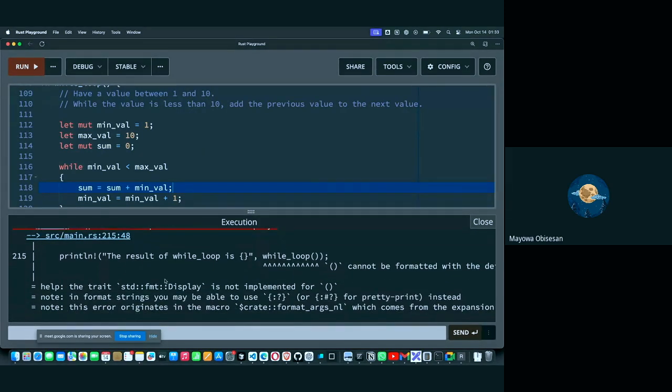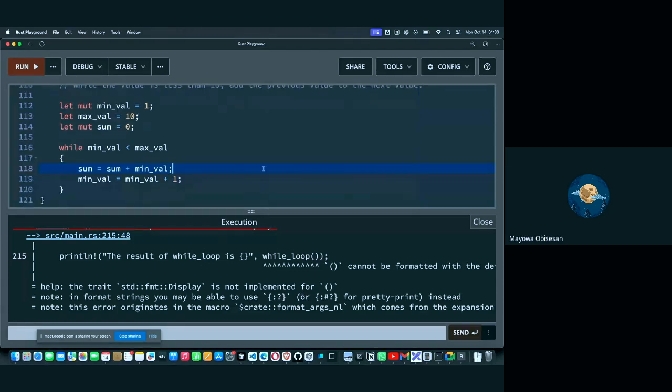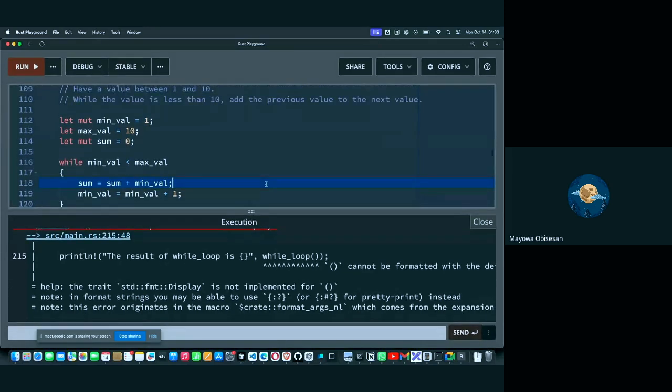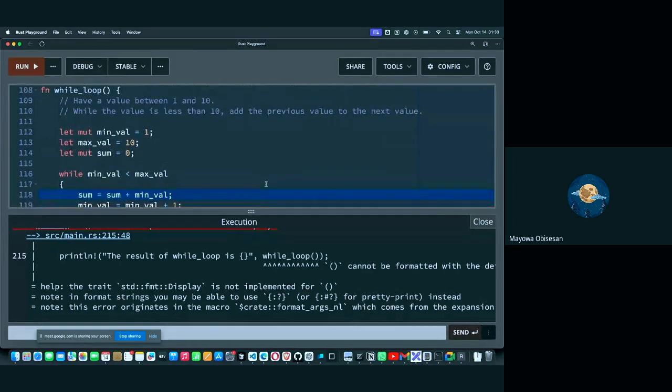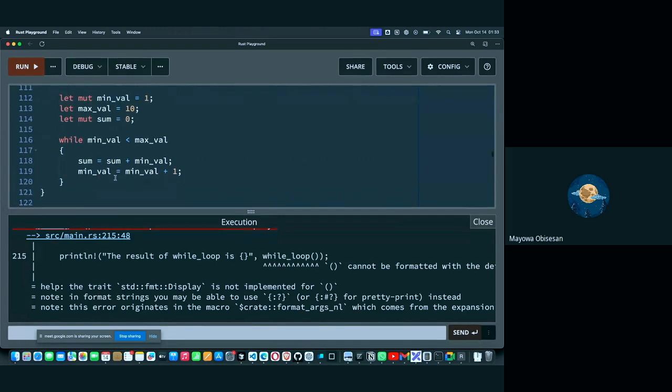Now, the reason for this is, okay, one way to print this now. I think this is the first time we encountered this error. So now let me explain why this is throwing an error. Because I'm not returning anything, like I said, I don't plan to return anything from this function yet, right? But if I want to fix this, let's say I want to return a value, a u8 for instance, or let's say I want to return a u32, since we are not defining whatever value we are returning, and I'm returning sum in this case. Now this is perfect. So I say return sum